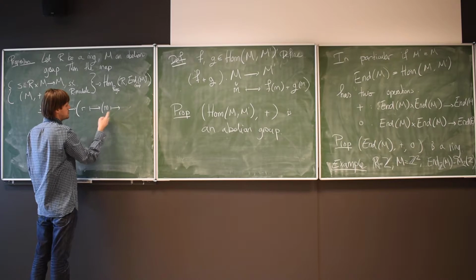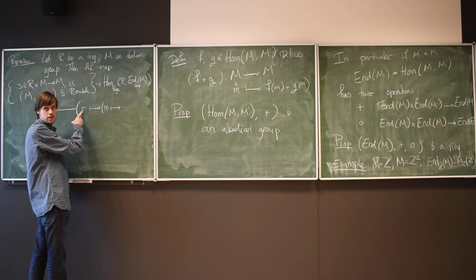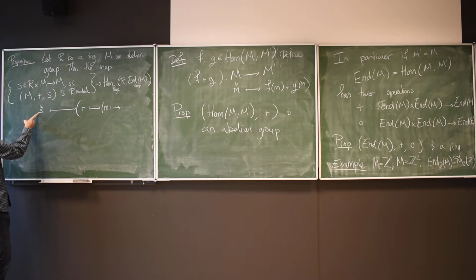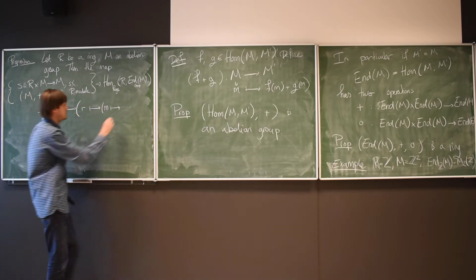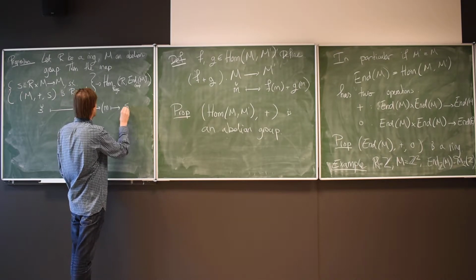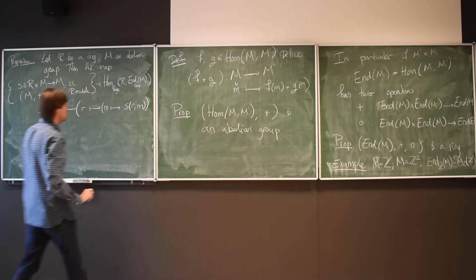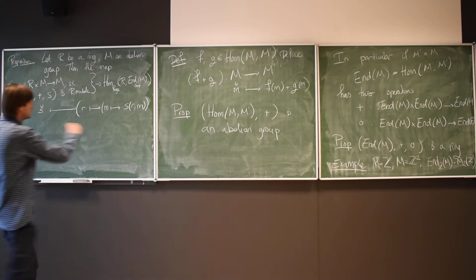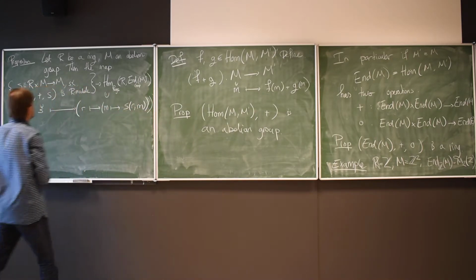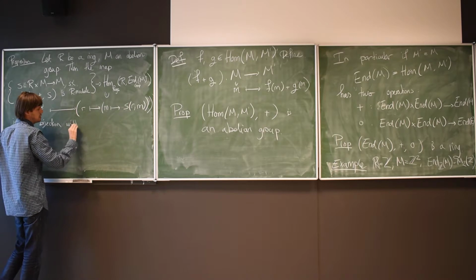Well, I make the endomorphism that multiplies elements m in M on the left with r using my map S, right? So I do S of (r, m). So now I have to count how many brackets. 2 brackets. So I make this map. So this is a bijection with inverse